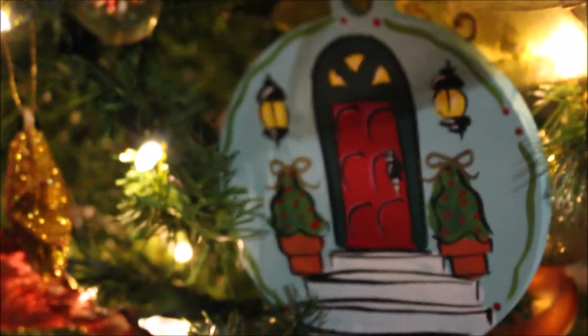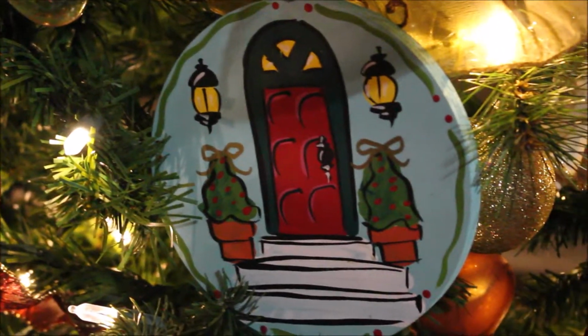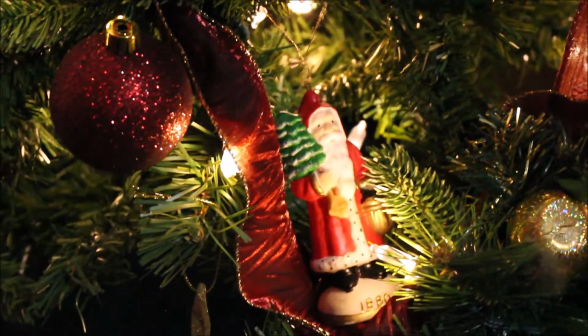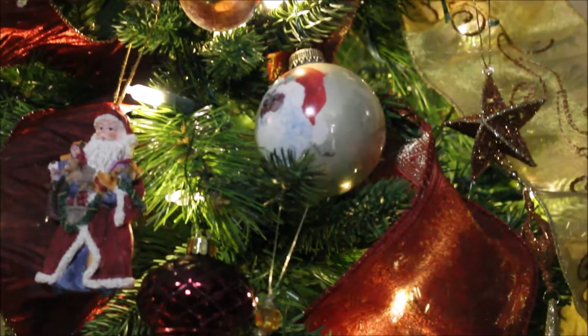The ornament right here, when I bought the house, the previous owner actually gave me that because we moved right before the holidays. She actually made that for us. They actually built this house. I'm a second generation owner of the house, and so it was hard for her to part with the house. So it was sweet of her to give me that ornament. And there's another little Santa that somebody gave me. And here's another view